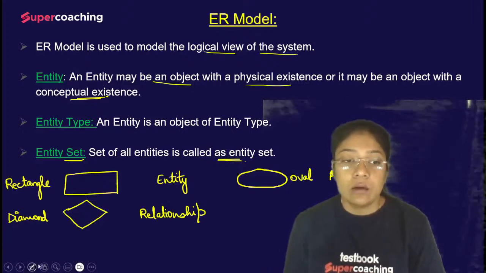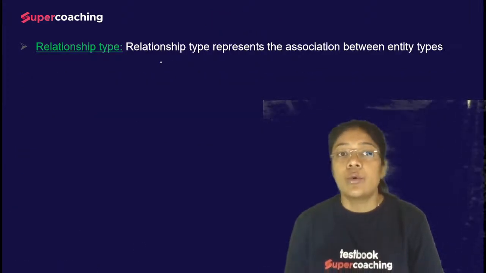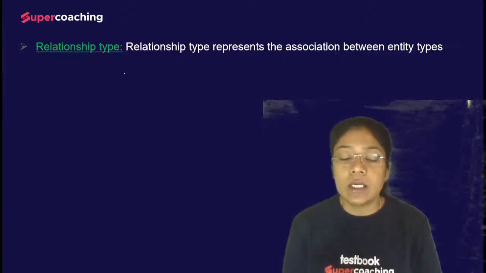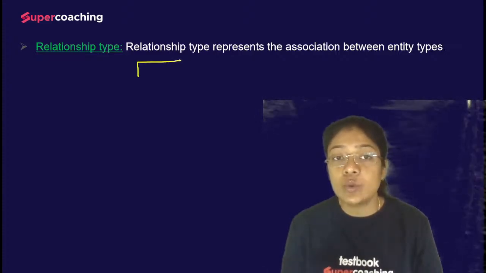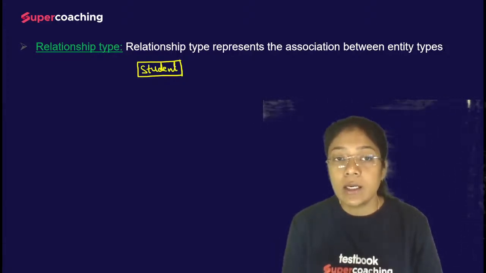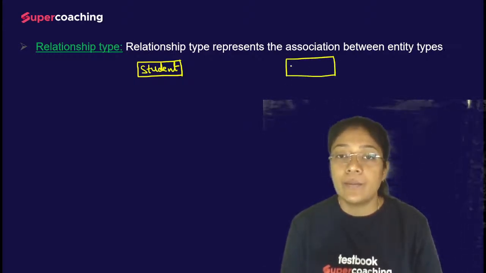Okay, let me go to the next slide. So relationship type basically represents the association between two entities. For example, I have taken the example like student is enrolled in some course. So there is one entity, that is student, and student has enrolled for some course. That means course and student are related